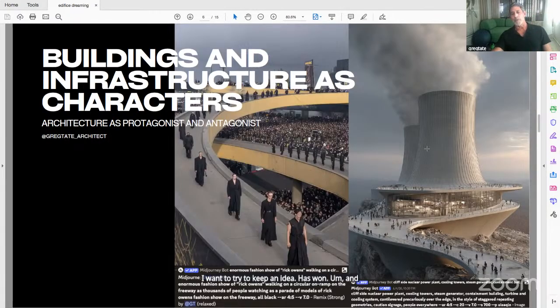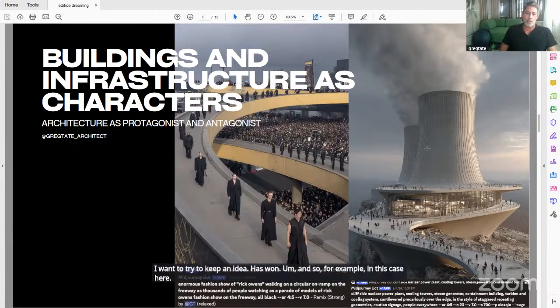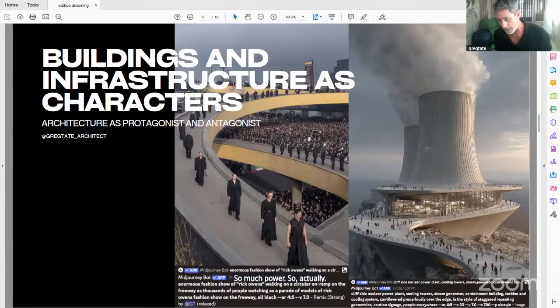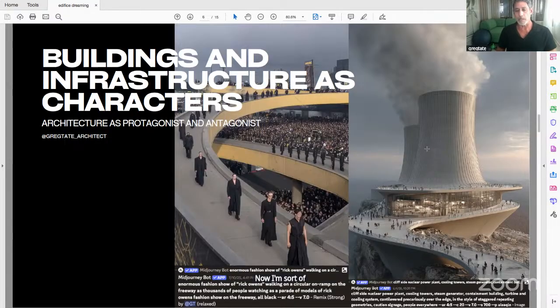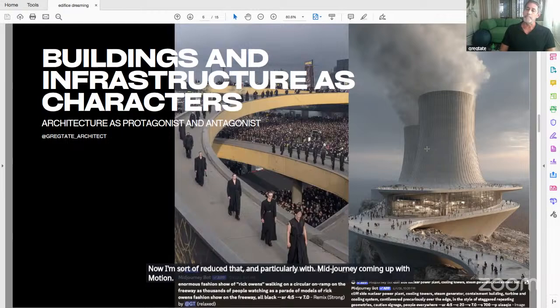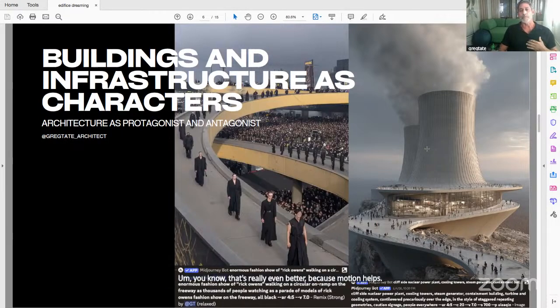For example, I just happened to read an article lately about AI and how much power it consumes. So that has really affected my workflow. I used to do a ton more images. Now I've reduced that, and particularly with Midjourney coming up with motion, that's even better, because motion helps, for me anyway, convey the idea.